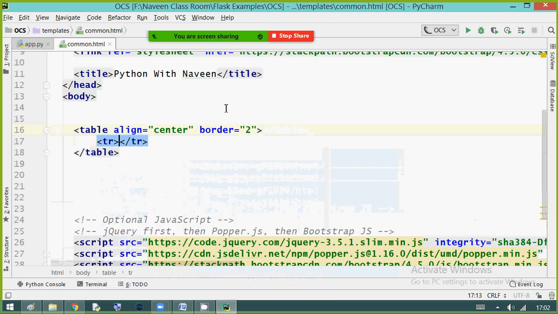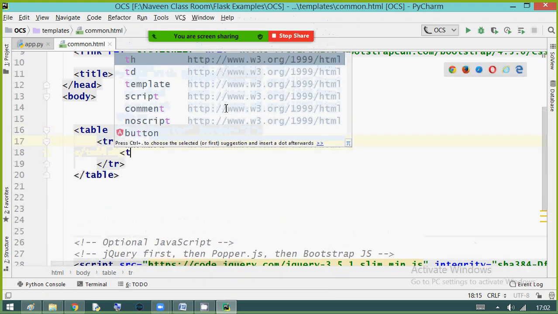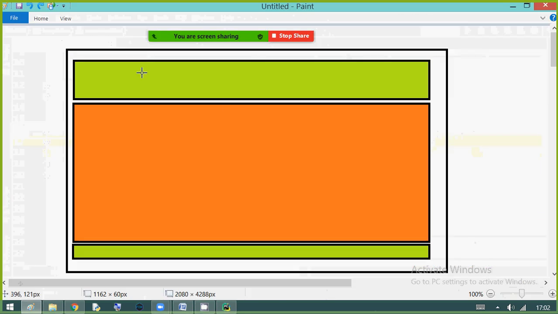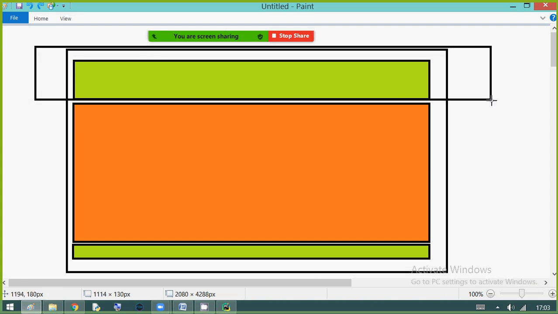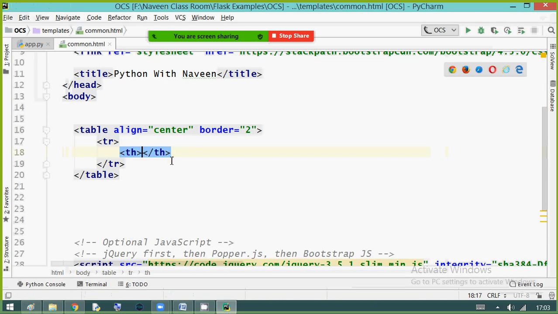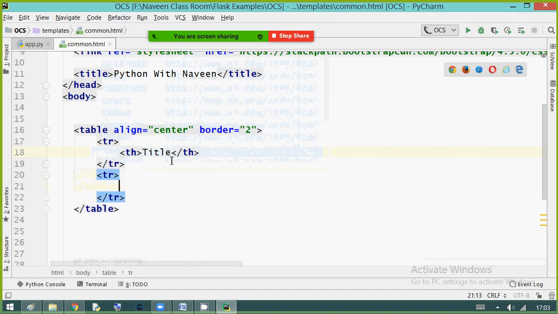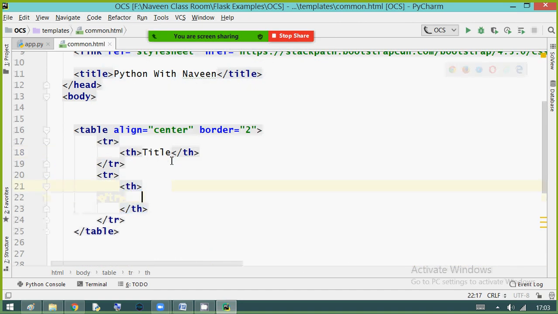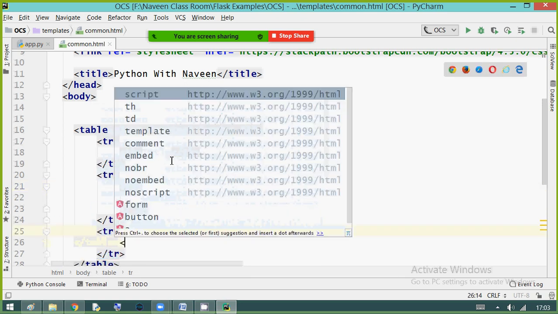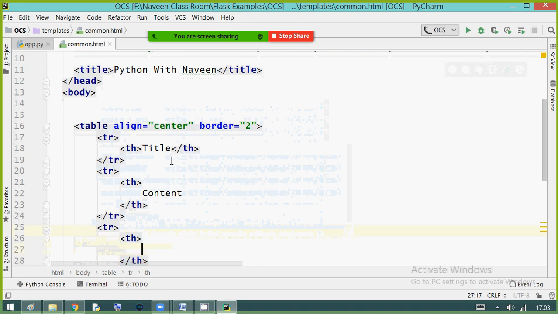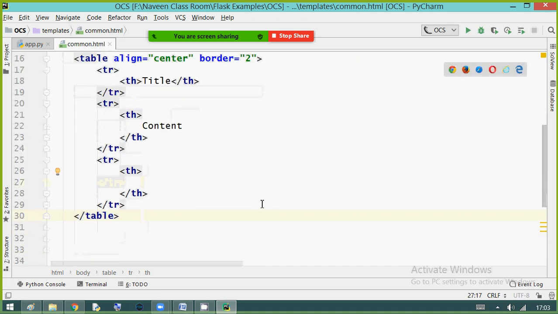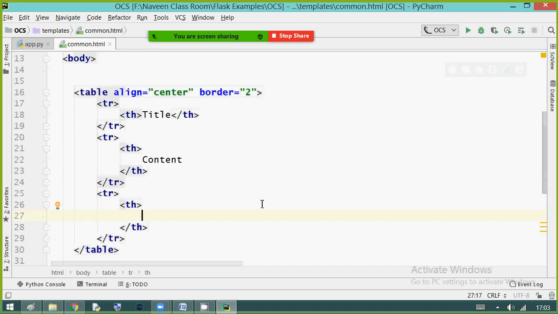Inside the table row, table header, first table row I am taking, I am going to show the title part. Second table row, table header, here I have to show the content. And the third table row, in the table header, I want to show the copyright.